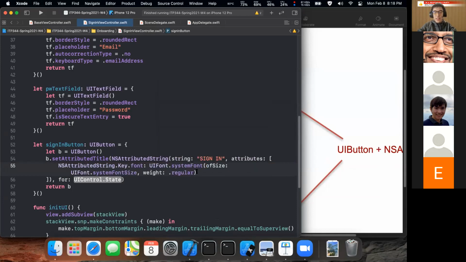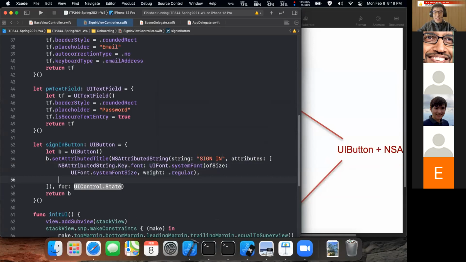So you might have noticed I did this to do absolutely nothing, because I'm using the default font size and default weight. So this is actually unnecessary, but I'm going to keep it because my solution code has it. And I just realized this entire thing's unnecessary. But besides that,